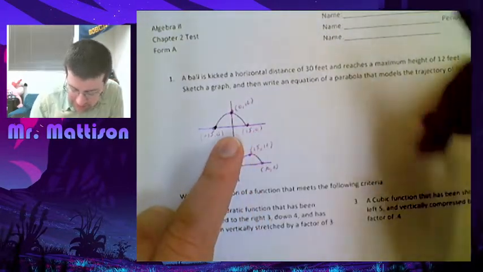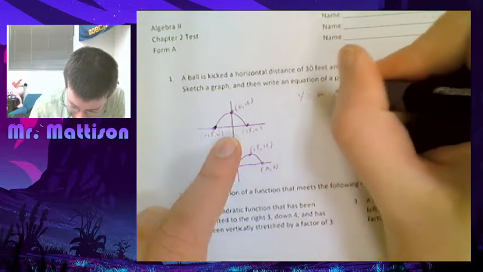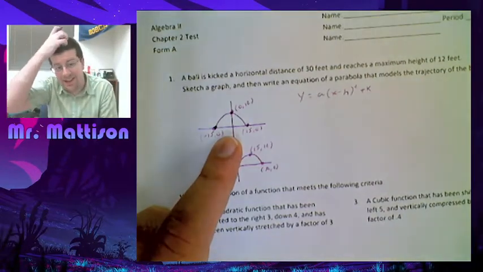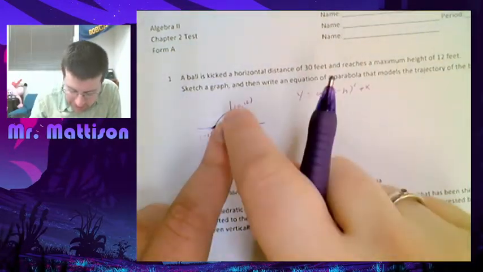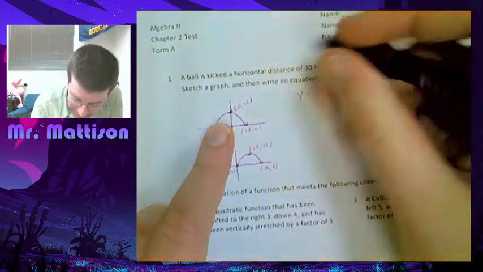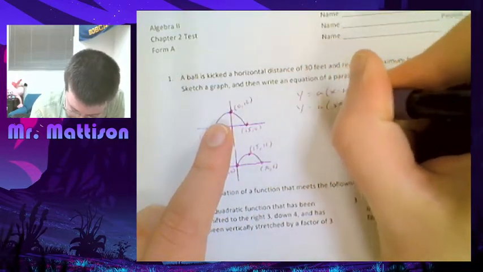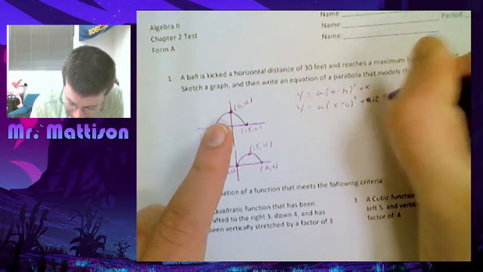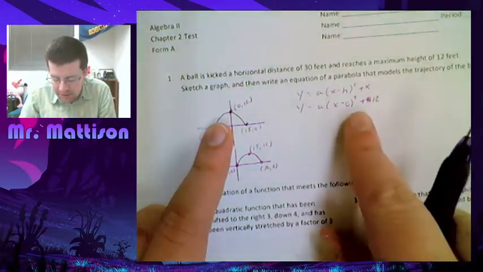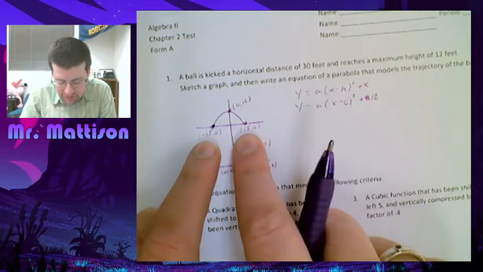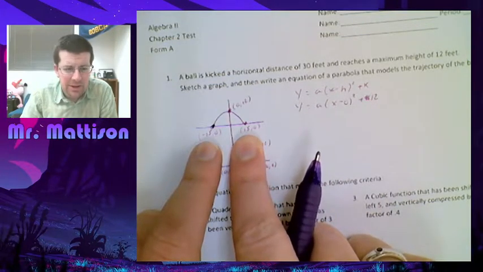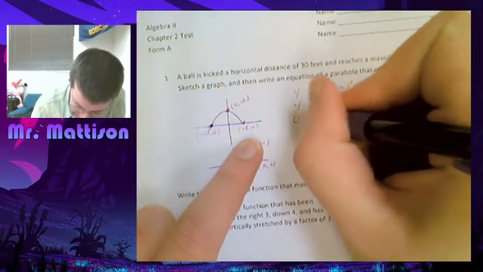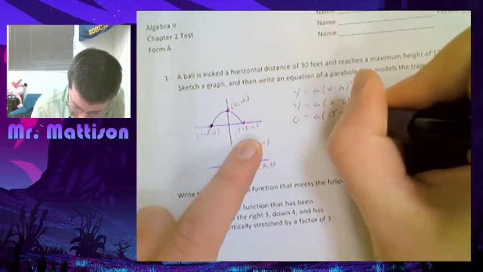So if we do this, I'm going to plug in y is equal to a times x minus h squared plus k. I know where my vertex is. That's my h, k. So I'm going to plug those in. So 0 for h, 12 for k. So y equals a times x minus 0 squared plus 12. So I can now pick either one of these points, my 15, 0 or my negative 15, 0. I'll typically go with the positive one because why not? So I'll plug that in for x and y, and I'll get 0 equals a times 15 minus 0 squared